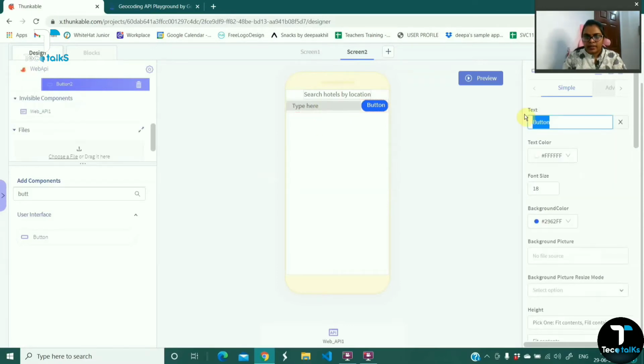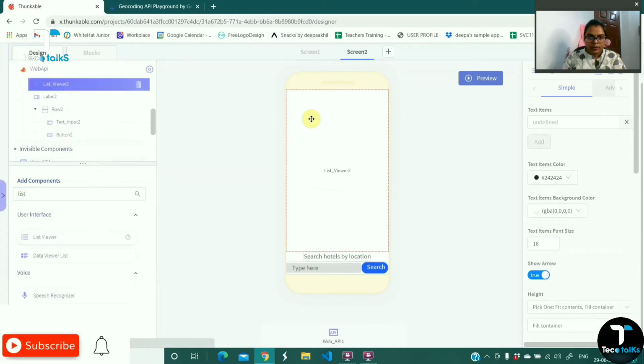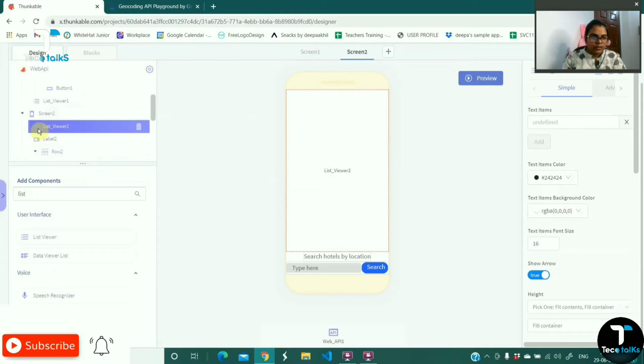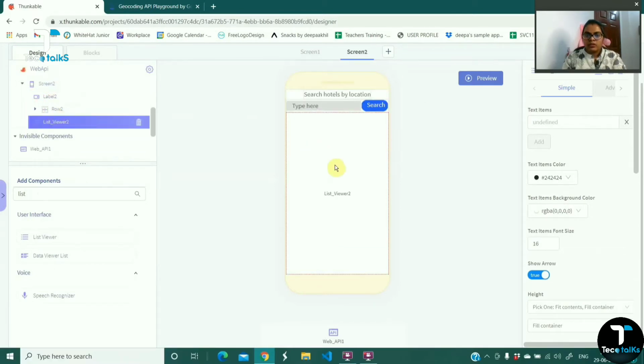And for the button I'm just changing the text to search so that it means a search button, and below that I'm going to put a list viewer. Let's make it below the row. So these are the design components which we want.